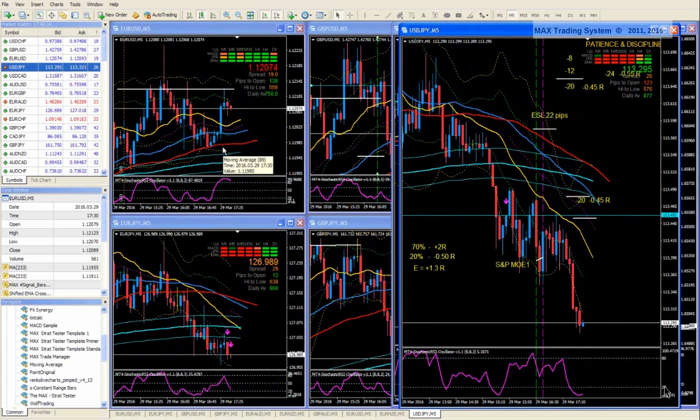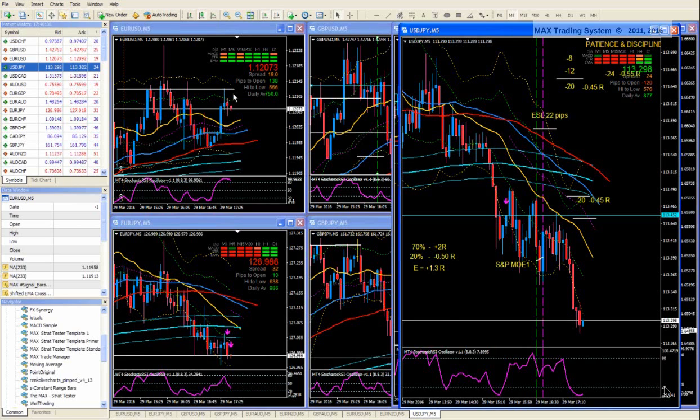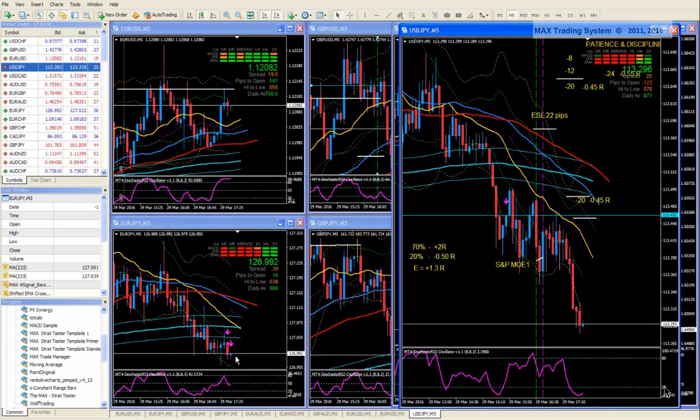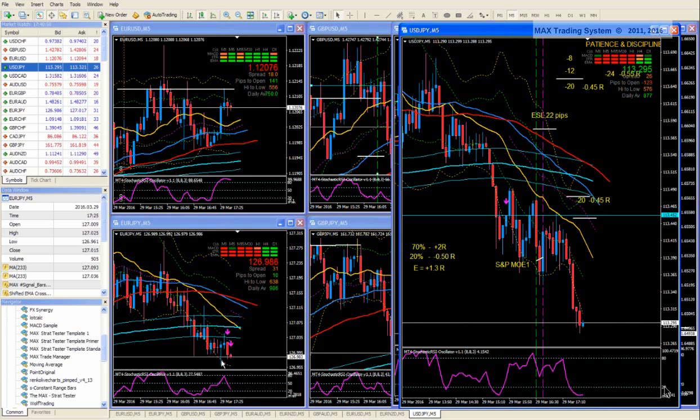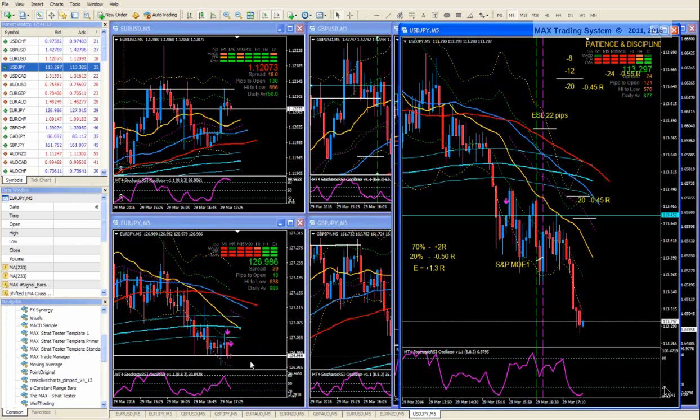So no opportunity. Now we see a potential opportunity in the euro yen, but now we are approaching the European market close. In around 20 minutes we will have the Frankfurt close, and 1 hour later we will have the London close. So for me, starting from 10 minutes ago, I no longer open a new trade. So now we are out of time to open a new trade because we are now in the process with the big boys closing, taking profits and closing some of their position. Okay?